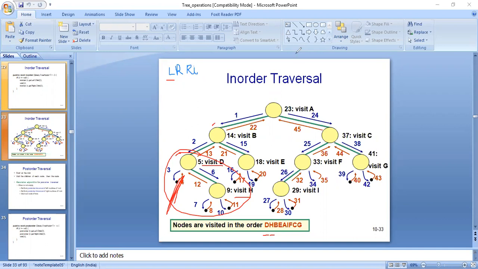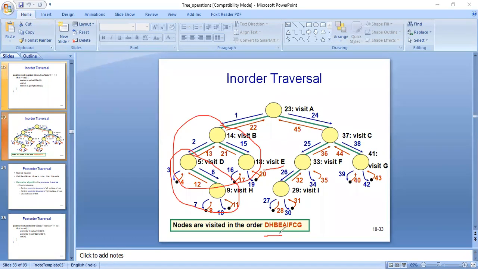Afterwards, we will be visiting the upper root. So we have mentioned all this tree here. So afterwards we will be processing this subtree. So here left will be D, which have already been processed. So B is the root of D. Then we will process B, and then we will process the right, which is E. So that is why we have mentioned D, H, E. Likewise, we have processed this whole left tree, then we will process the root. Then we have mentioned A.